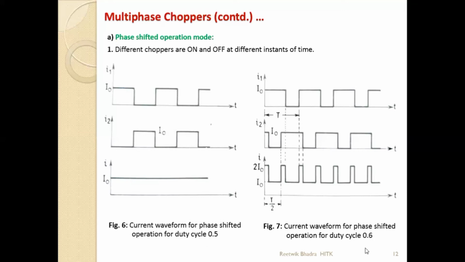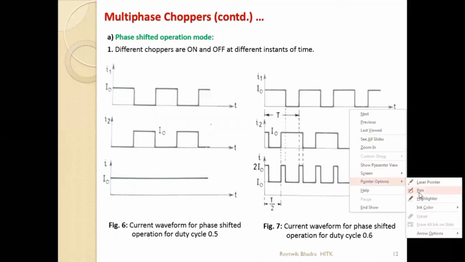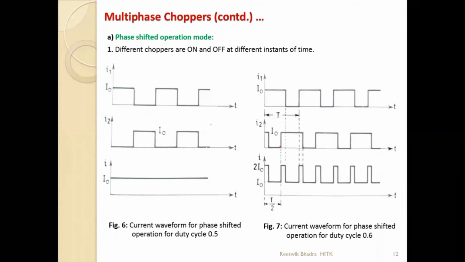Now when you are taking a duty cycle greater than 0.5, that is 0.6 or any other value, there will be a coinciding of when your CH1 and CH2 will be on for some moment of time, that is this point. Okay, so let us recall this thing when at this point we are studying.